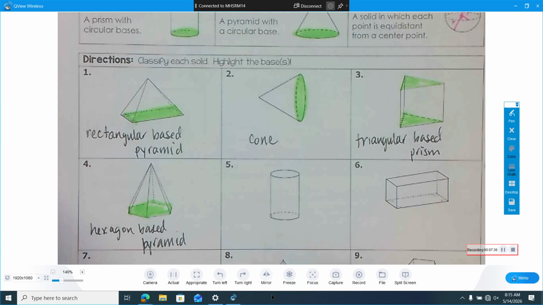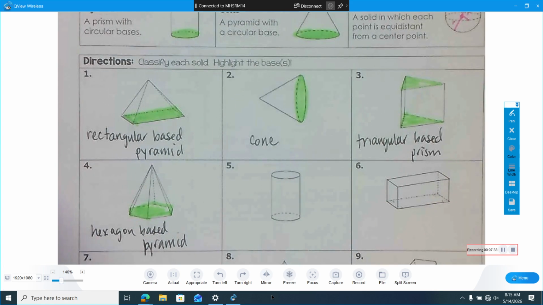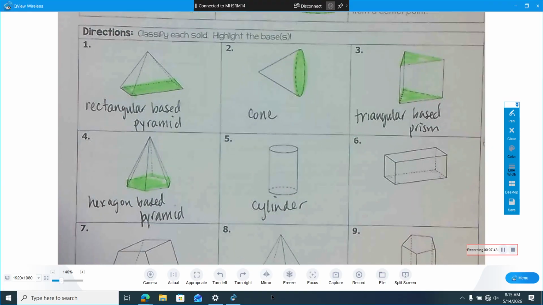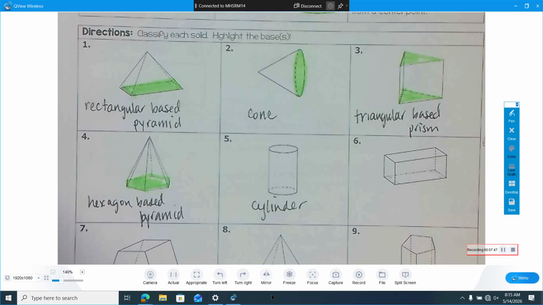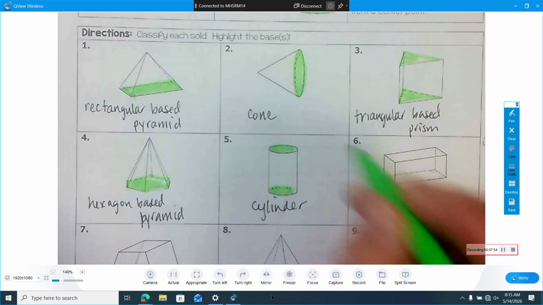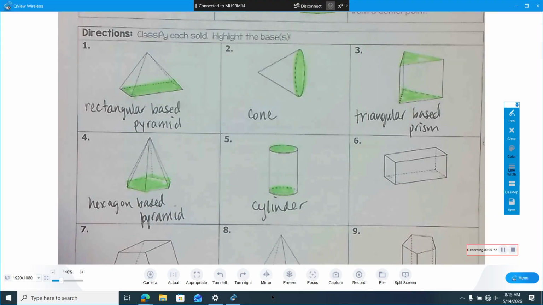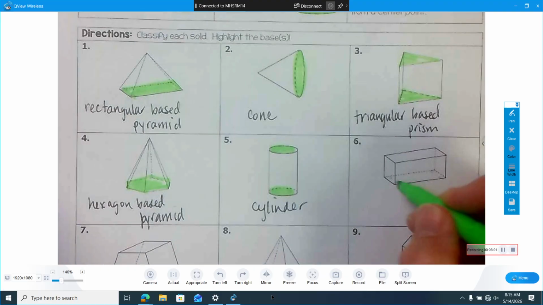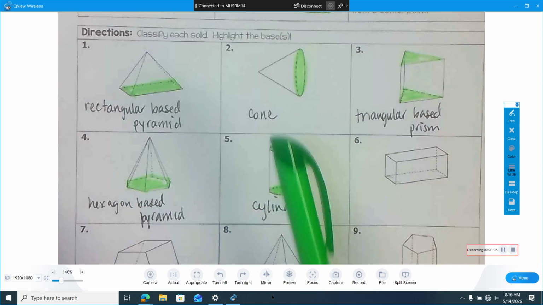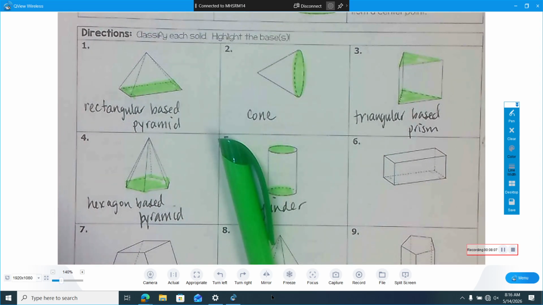What did you call number 5? Cylinder. Number 6. Prism or pyramid? Prism. Yeah, what are the bases? Rectangle. Yeah. And so there's lots of bases, because in a prism, a rectangular prism like this, a